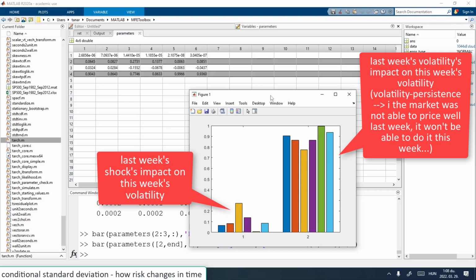So we can see that mostly the volatility in the data set in this week is highly affected by what happened last week, because all these weights are above 70%. So if the market is uncertain, then it's really hard to make it certain about pricing. That's why central banks have to be quite aggressive when they have to change or increase interest rates, when they are able to see that suddenly there are sudden depreciations. Then there is an immediate shock in the case of interest rates, because monetary policy is struggling to do something. This is what we can see nowadays.